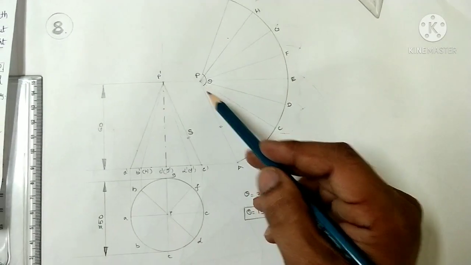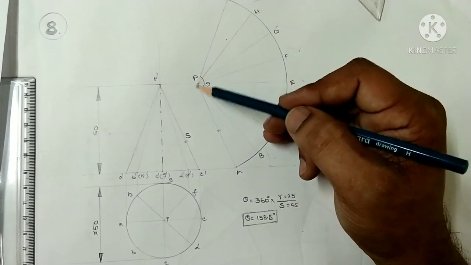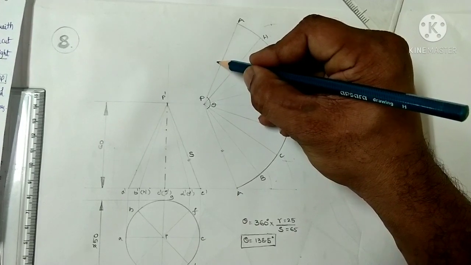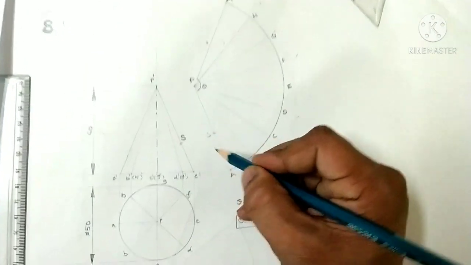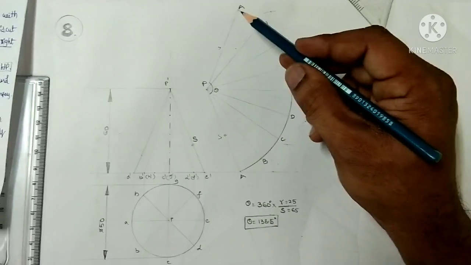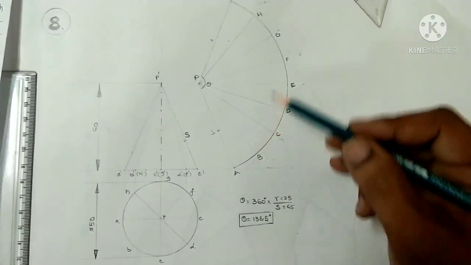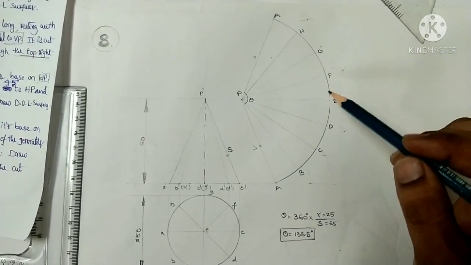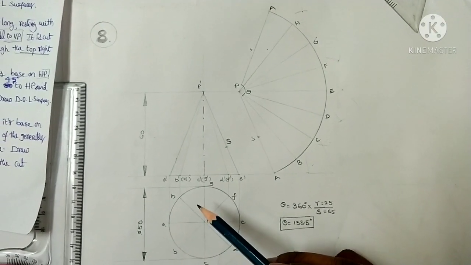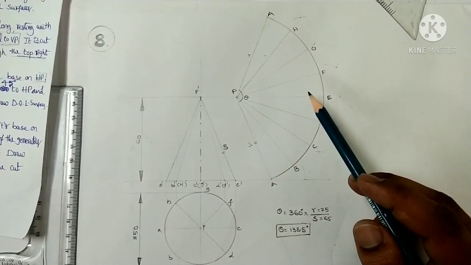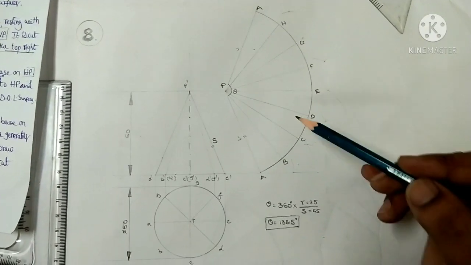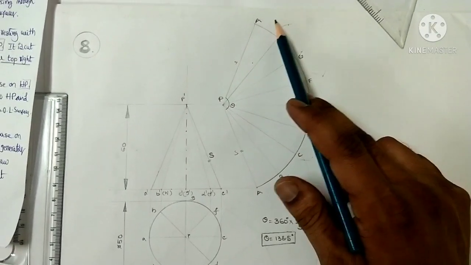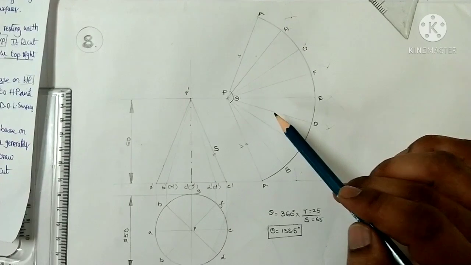So with this particular line we can construct one more line at 138.5 degrees. Now join this, and this line's dimension is also equal to S, that means 65. Then join both the points by means of a curve or arc, so that we get the sector in this way. Here we have 8 equal parts in the circle, so we should divide this sector also into 8 equal parts, so that we get 8 sectors. We can give the naming A, B, C, D, E, F, G, H, and finally A. So this is about the simple development of the simple cone.